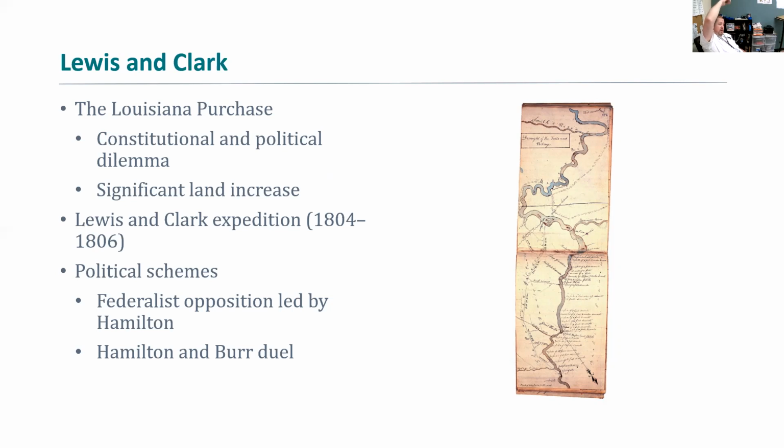New Orleans is a massive port, but they go up the Mississippi, and then they go west into sort of the northern central United States and northwestern United States. They end up in the Pacific a little over 2 years after they start